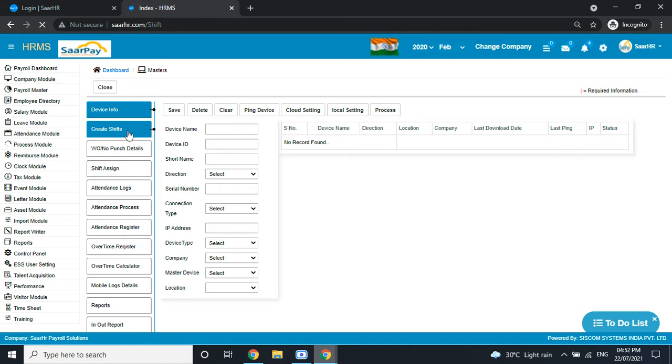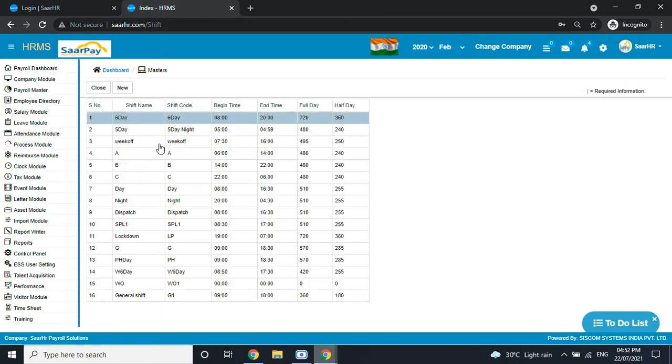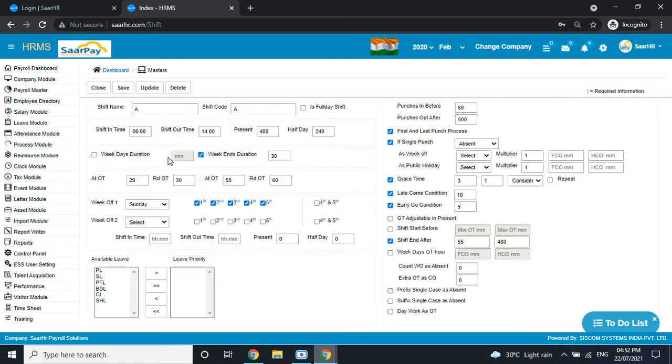If you click on the shift module, for the demo we have created multiple shifts. I will double click there, and multiple types of shifts are given. You set the name of the shift, duration of the shift, late condition, OT condition, comp off condition, and punching condition. If you need to deduct leave from the software, that condition is there too. Multiple types of leave policies we can set up there, and you can set up attendance policy also.